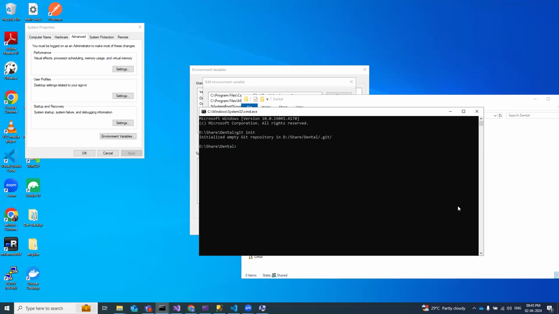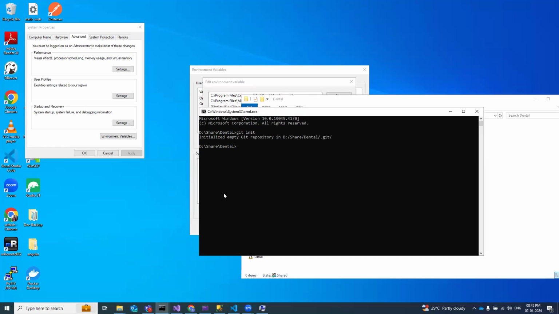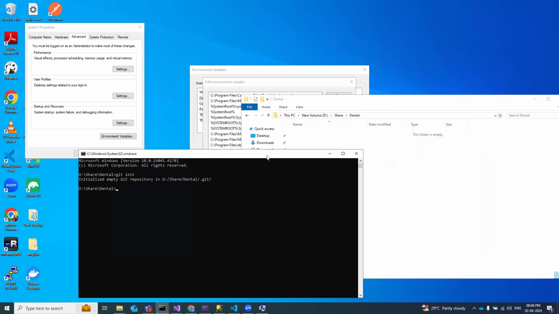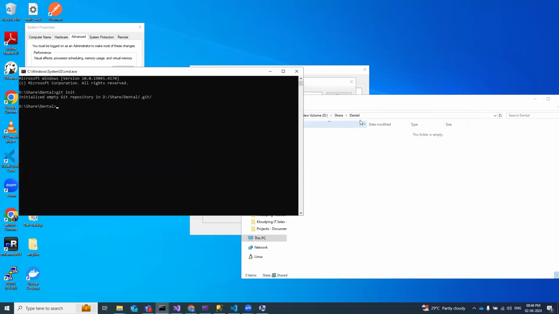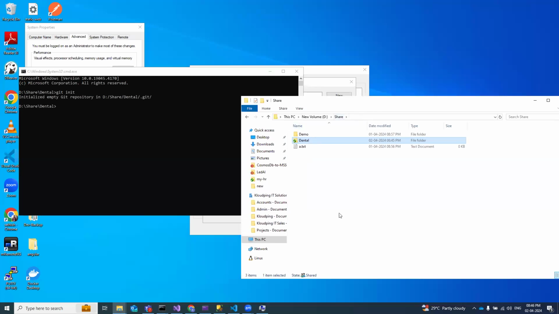Okay, I'm going here. It's an empty folder, but Git says it's a local repository, because I can't tell from looking at this application that the empty folder is a repository. But if I go back, you can see the folder which I have created,